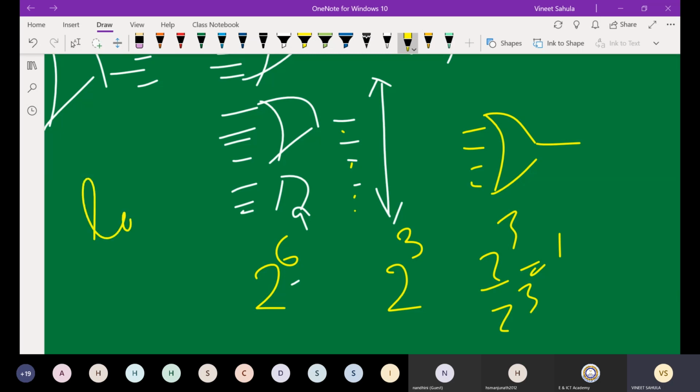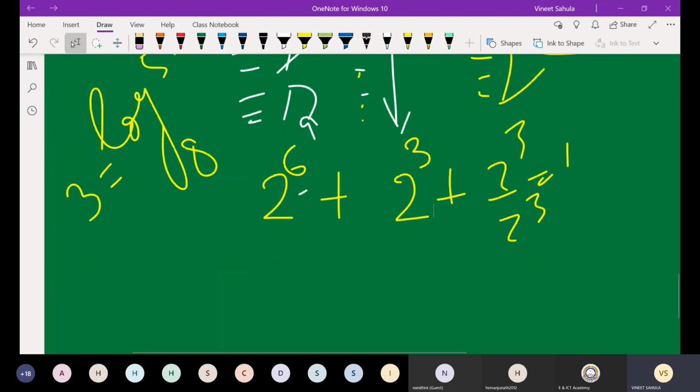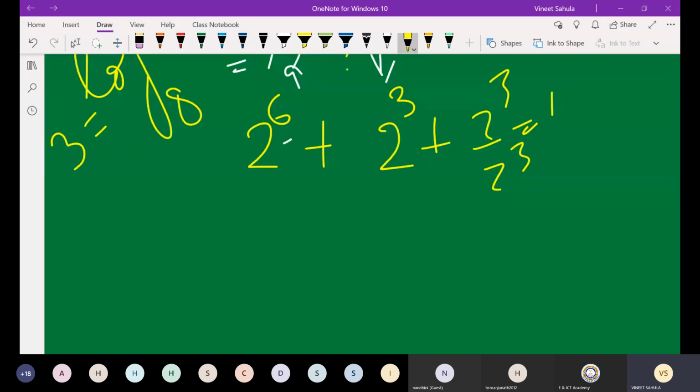The levels will be log of the given number with the base of the input we have. Is that okay? So this will be 3. This is the computation. So the question may be asked to you, how many gates are there? That's a geometric expression. The number of gates are 2 to the power 6 here, 2 to the power 3 here, and 1 here. So we just take the sum of a geometric expression and give the number. So this would easily be whatever you want to say.